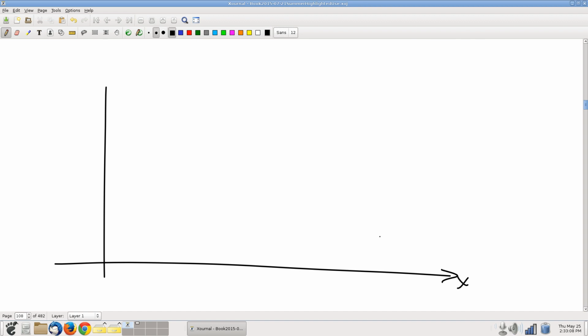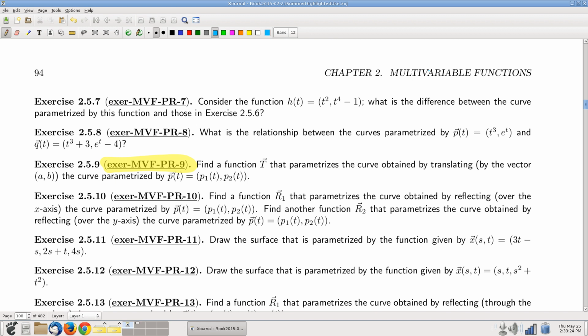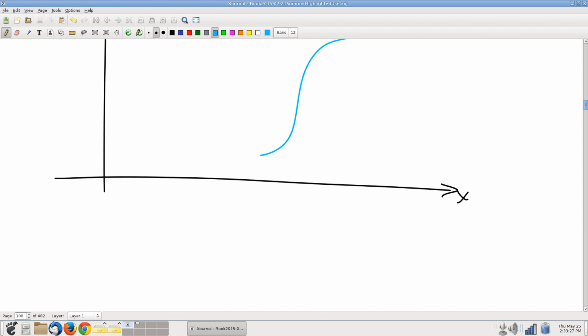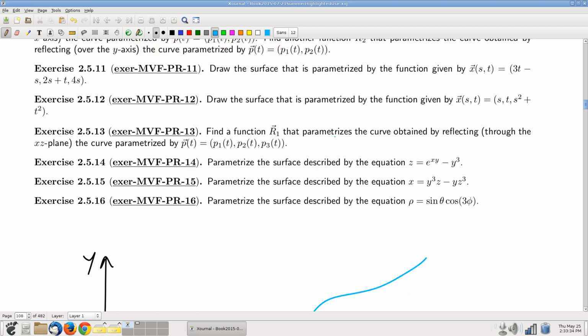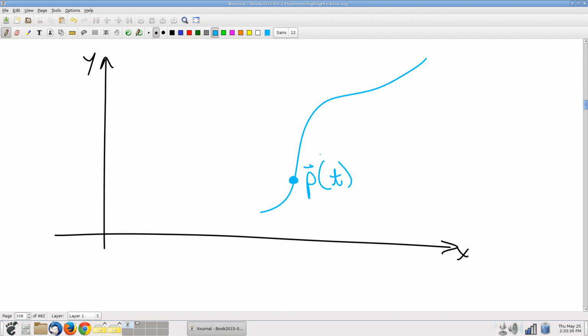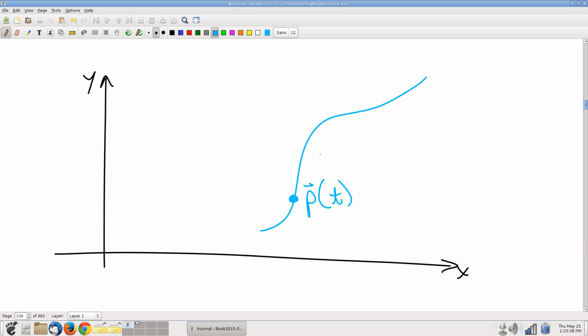Here's our xy axis system, and our first curve I'll do in blue, let's say. Oh, that's making it too hard. There we go. So here's our first curve. We didn't give it a name, but anyway, this is P of t. Yeah, P vector. Okay, now we want to take that curve and translate the whole curve